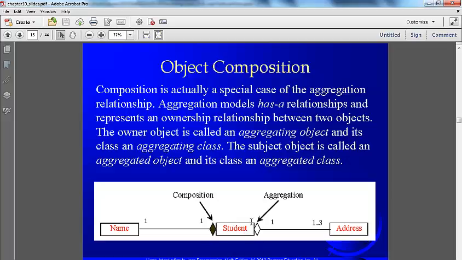In this example, we'll see a UML diagram shortly. We're saying a student has a name. So you can think of a student as composed of a name. Now, a student has many addresses, so we call that an aggregation. By the way, in most places, composition and aggregation really are similar concepts, and some authors choose to break them down. But as long as you realize that the student class could contain fields that are composed of other classes